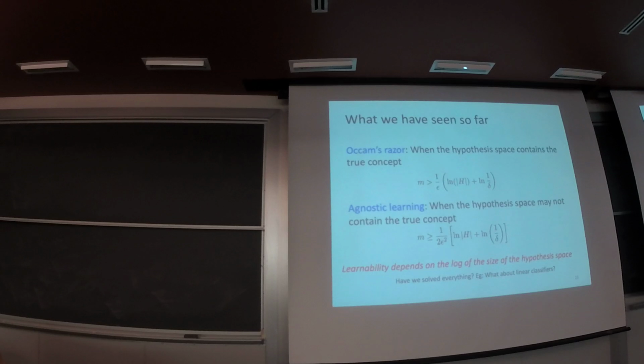A typical example is the linear classifier. The parameters of linear classifiers are all real values, continuous values. You cannot count the number of distinct continuous values in the whole space. The hypothesis space must be infinite. In that case, we cannot use this bound directly. Because if you use this bound, you would say the number of training examples must be bigger than infinity, and then I can get some guarantee about the difference between the generalization error and the training error. That does not make sense.